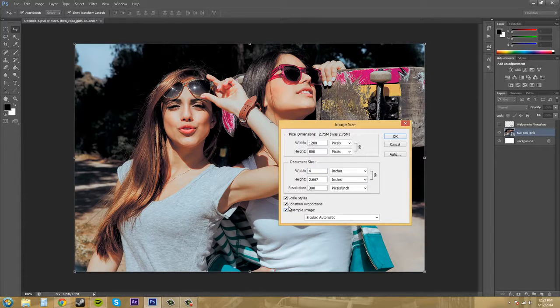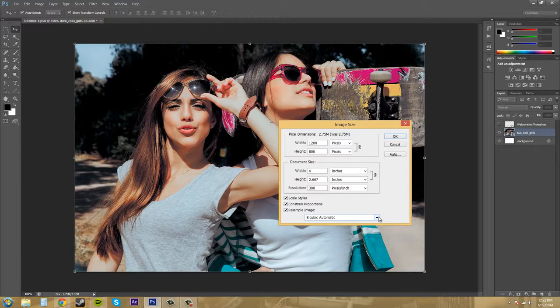So if you want to resample the image here, which helps keep the nice quality of your image when you scale it up or scale it down, you want to make sure you have that checked. Now, bicubic automatic is the new one in Photoshop CS6, and it's the default, and it